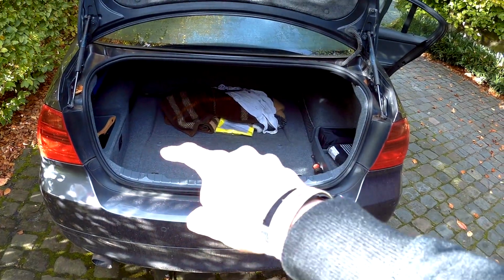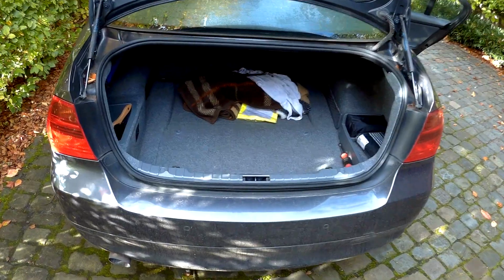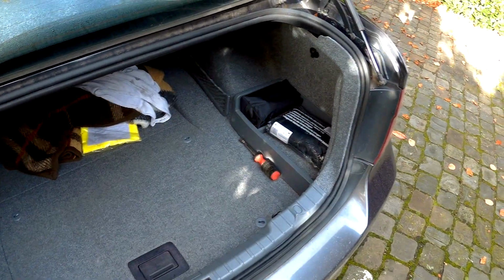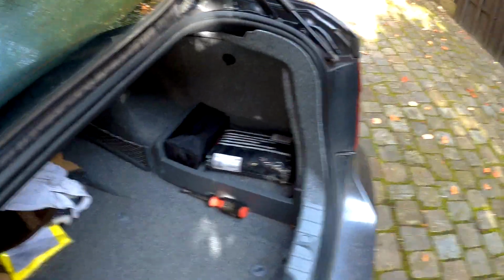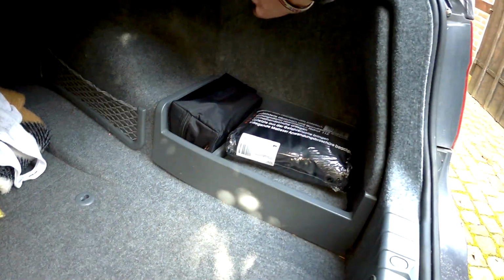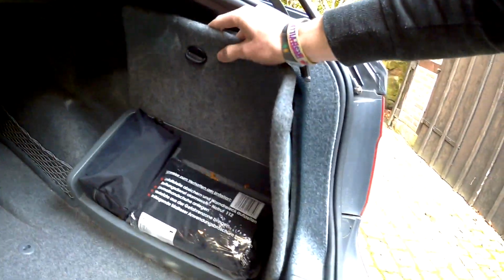So what I've already done is the cabling on the left side of the car. So what I'm going to show you is the right side. First of all, you want to make sure to unplug the battery, because otherwise you're risking the airbags exploding. So you're just going to open this case